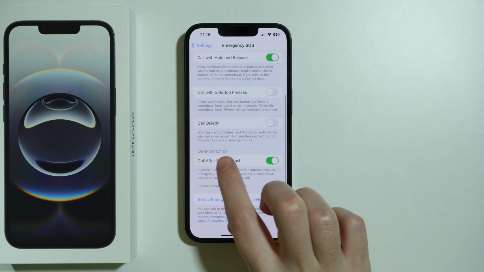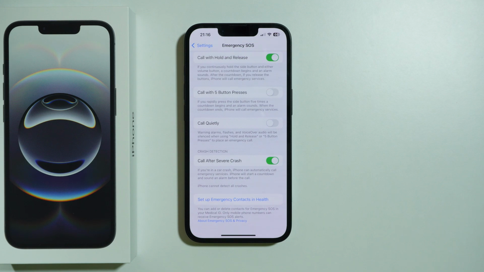Besides that, we also have Crash Detection, which can be enabled and disabled here. And we can set up the emergency contacts list